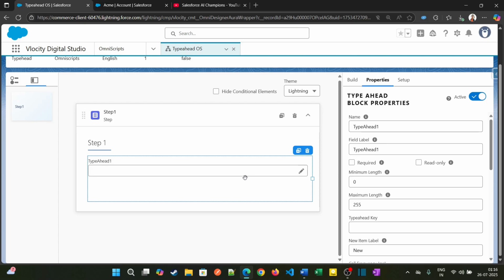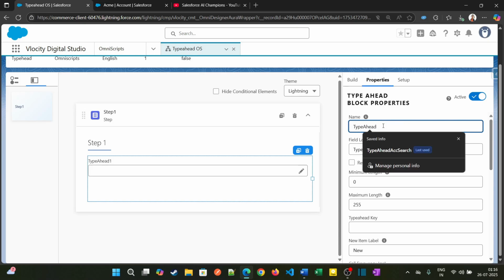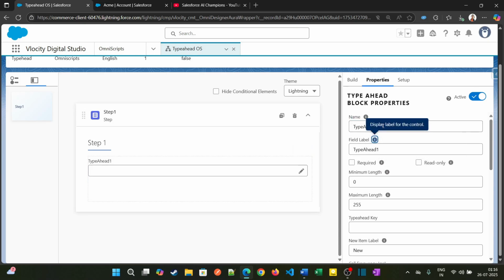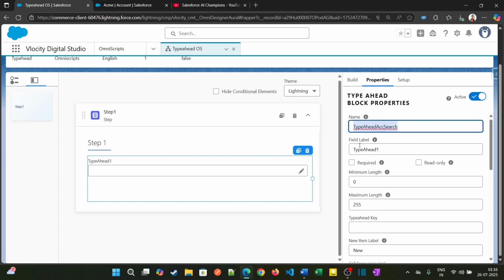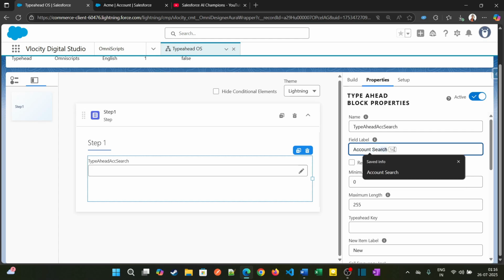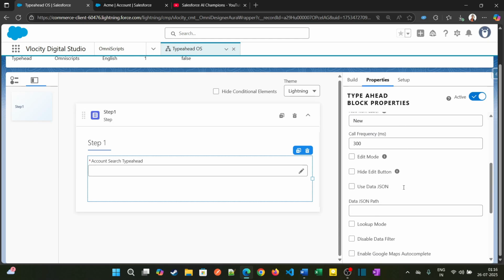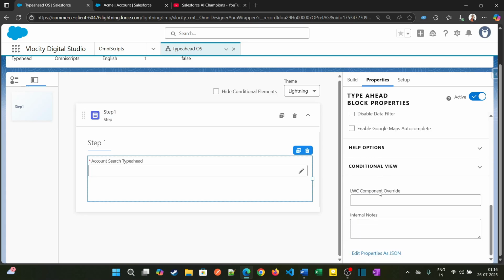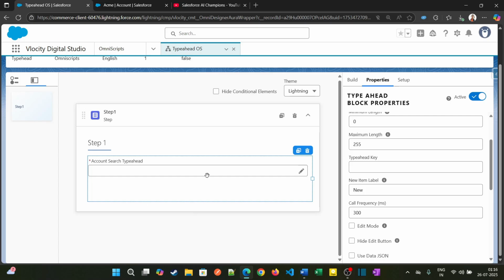the Salesforce. So I'll be using a data raptor extract action as a source for this type ahead, and let me provide the type ahead name as well, like type ahead ACC search, and let me provide the label as account search type ahead. Let me provide it as required. There are several configurations, I'll be discussing them one by one, but before that let me just provide the